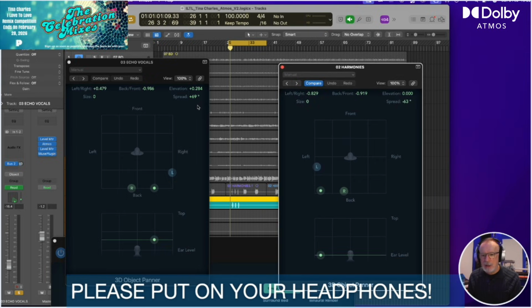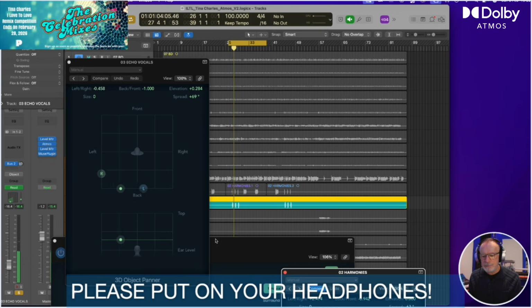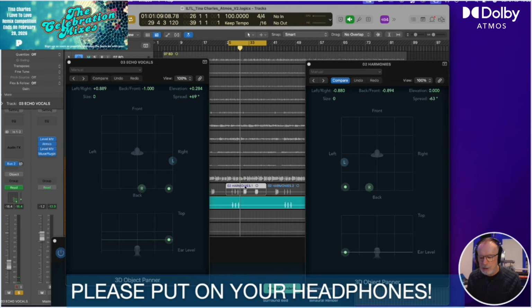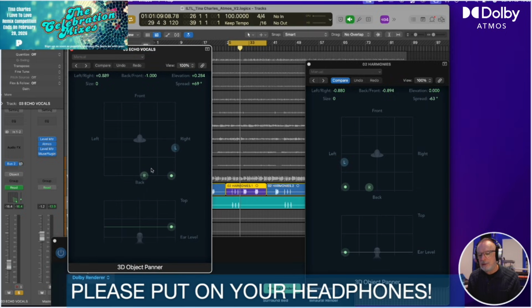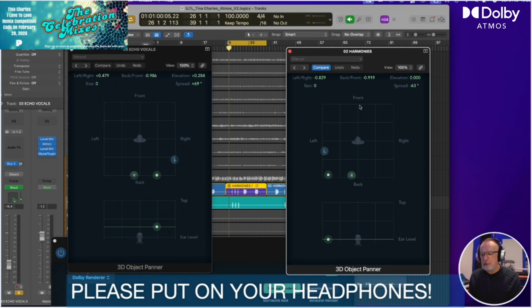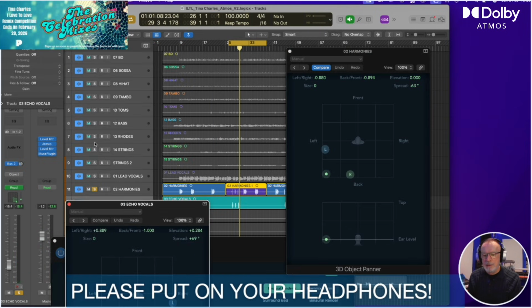So let's just hear the harmonies, the echo vocals first. Look on the left. Stop, stop. Tap, tap. That's on the left back. Tap, tap. Right, so right back. Stop, stop. Tap, tap. Left back. And by nature of kind of opposition, the main harmonies counter the position of the ones on the left in this particular instance. Stop, stop, stop. Tap, tap, tap. Right, and then when you hear it with the main vocals,